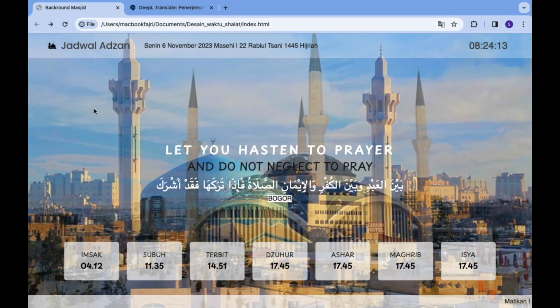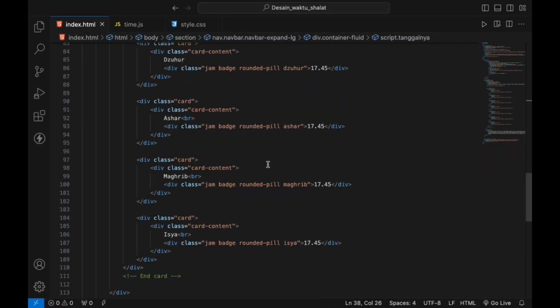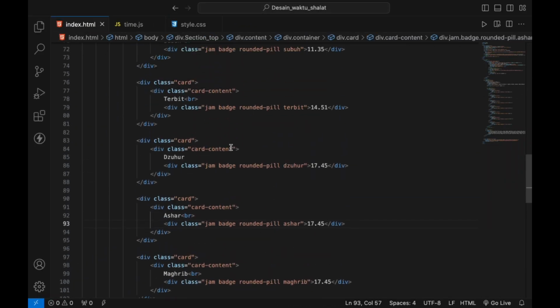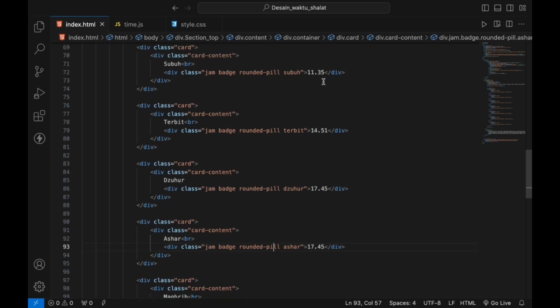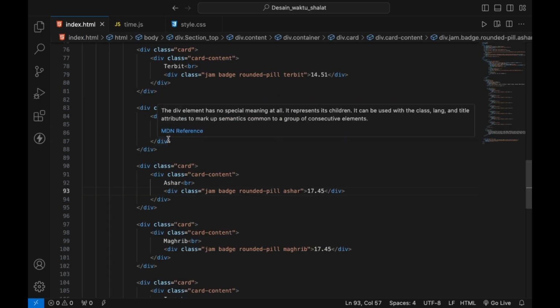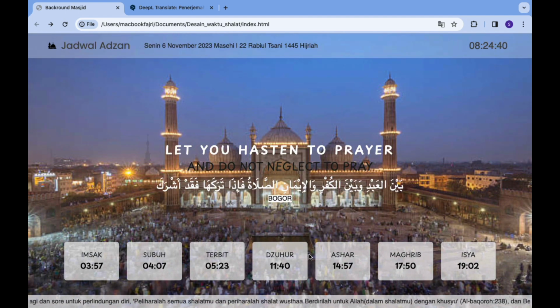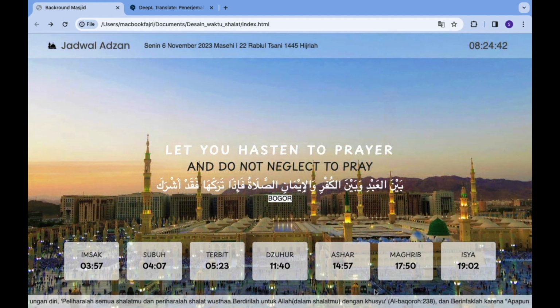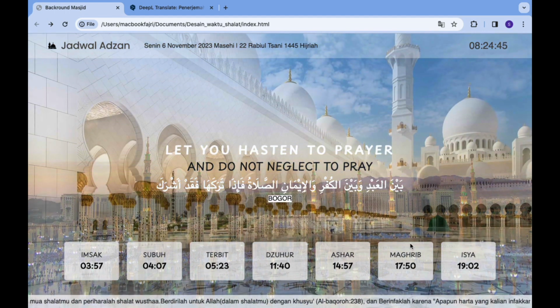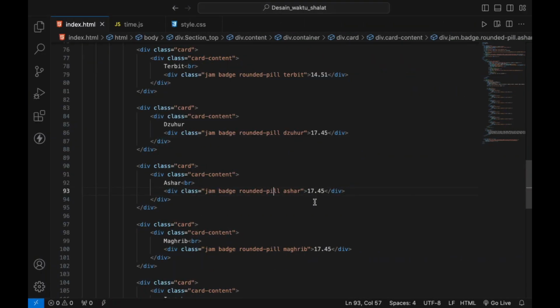Before this, the times were not in order, and after I make this in JavaScript, the result is like this: imsak, subuh, terbit, zuhur, asar, maghrib, isya, for the location in Bogor.